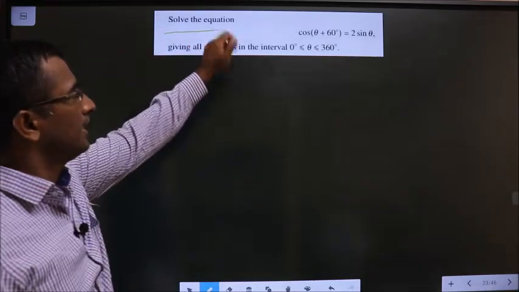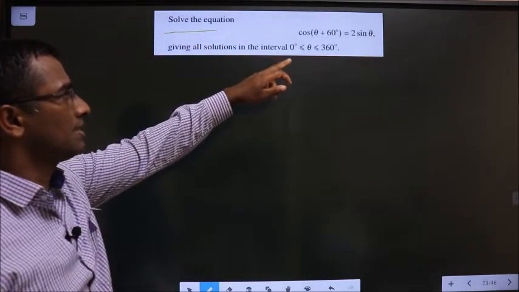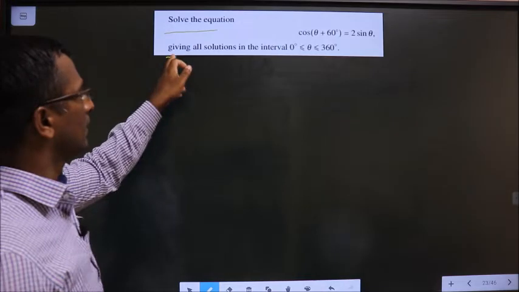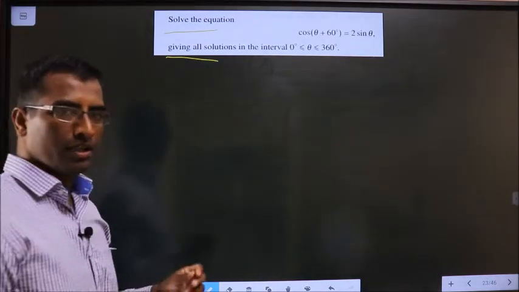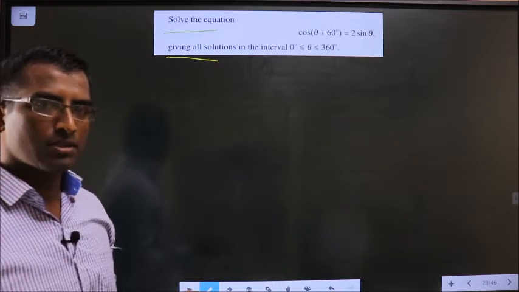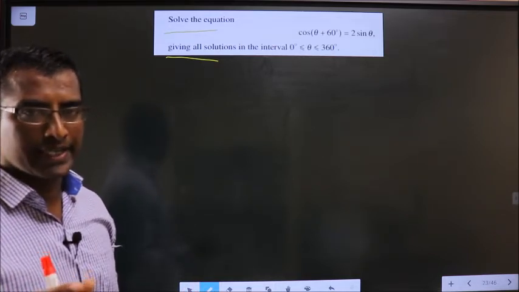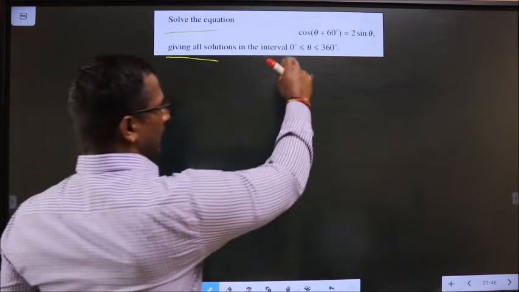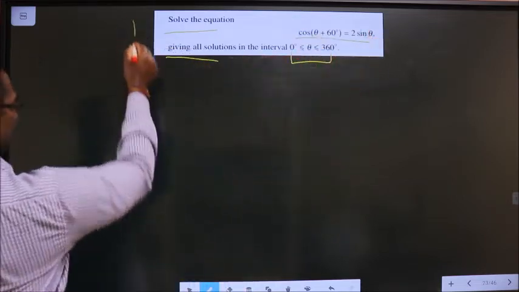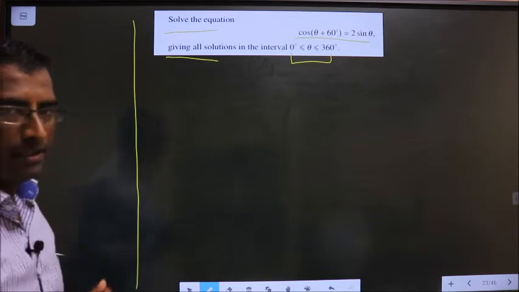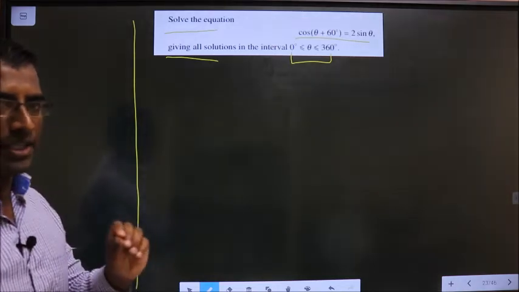Solve the equation cos(theta + 60) = 2 sin theta, giving all solutions in the interval 0 to 360. He told you to solve the equation, so you need to find the values for theta in the interval 0 to 360 satisfying this condition. Is it clear? Now, the given equation is